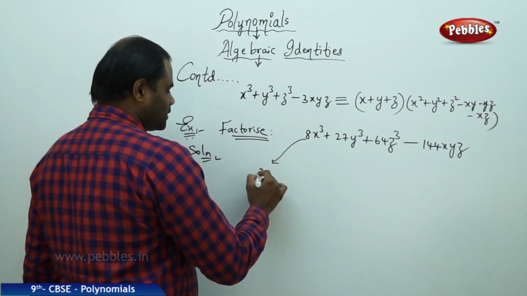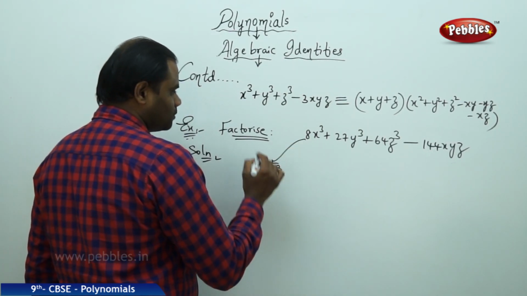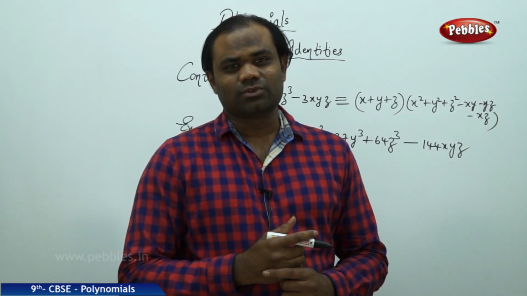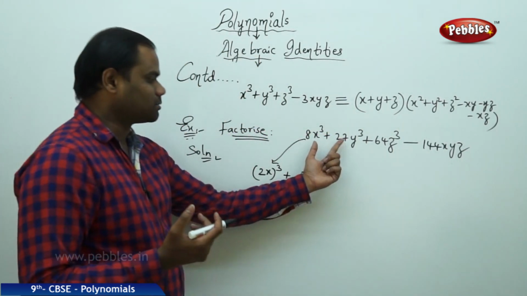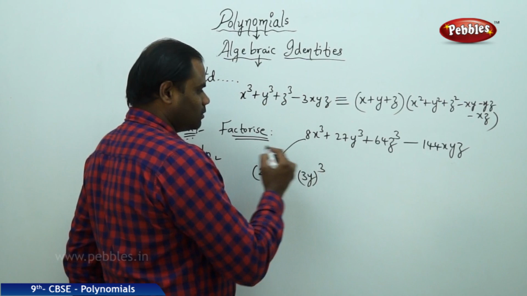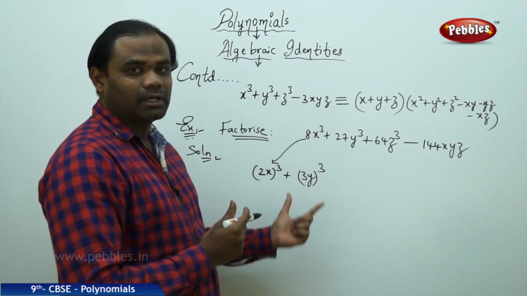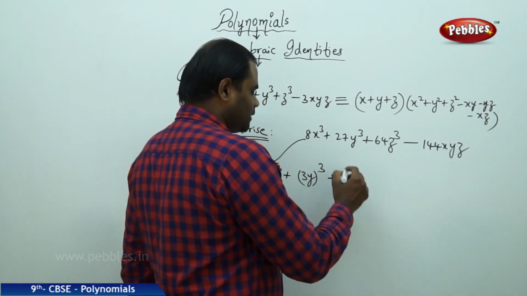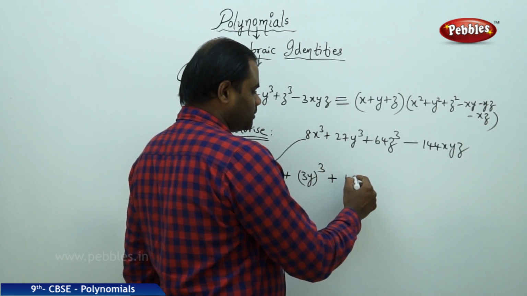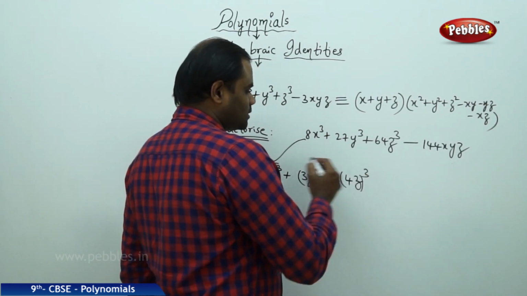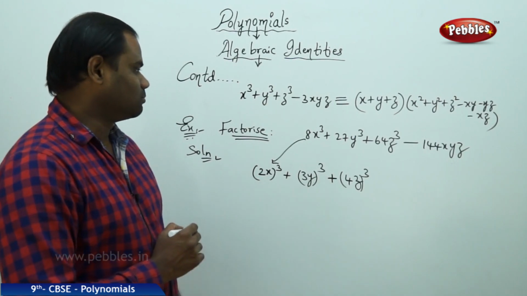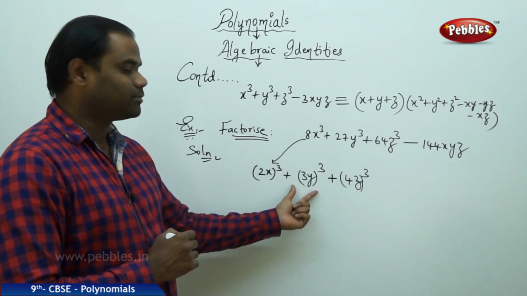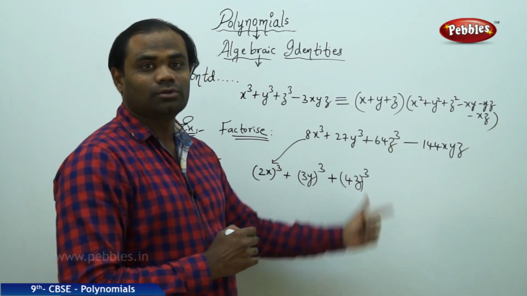written as 8x cubed, which is 2x whole cube, plus 27y cubed, where 27 being 3 cube, 3 times 3 times 3, can be written as 3y whole cube, so that this becomes the perfect cube of 3y. And similarly, I have 64, which can be written as 4 cube, and this can be written as 4z whole cube. So the given polynomial can be expressed as 2x whole cube plus 3y whole cube plus 4z whole cube